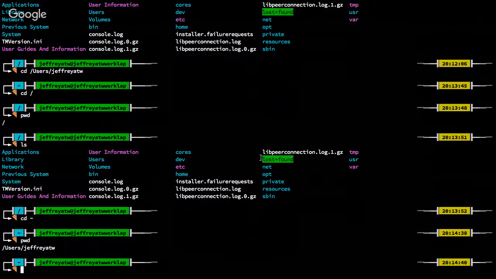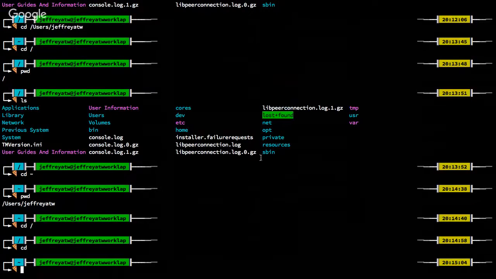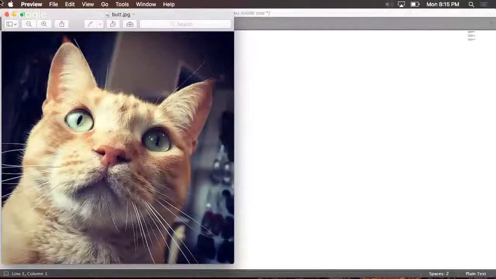And even better, let's go back to slash or something. I actually can omit that tilde entirely. If I just do cd, just the word cd and nothing else, it'll take me back to my home folder. So this tilde is really only useful if you want to say cd tilde slash downloads, or let's say instead of cd, let's do open tilde slash downloads slash cat.jpg. Right? That's going to be my home folder slash downloads slash picture of my cat. Right? So